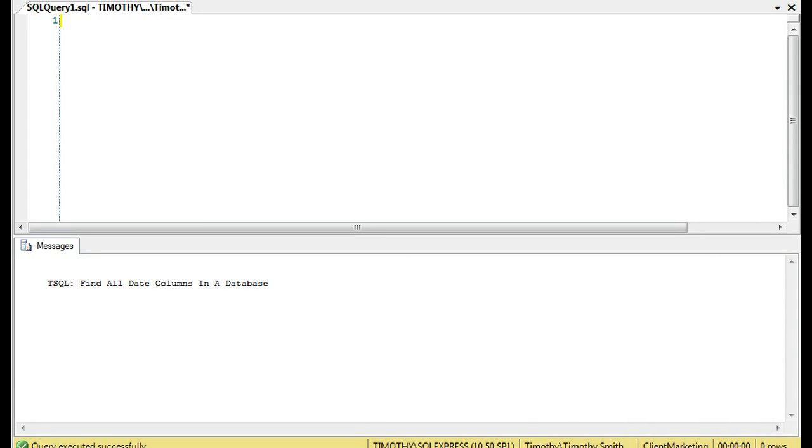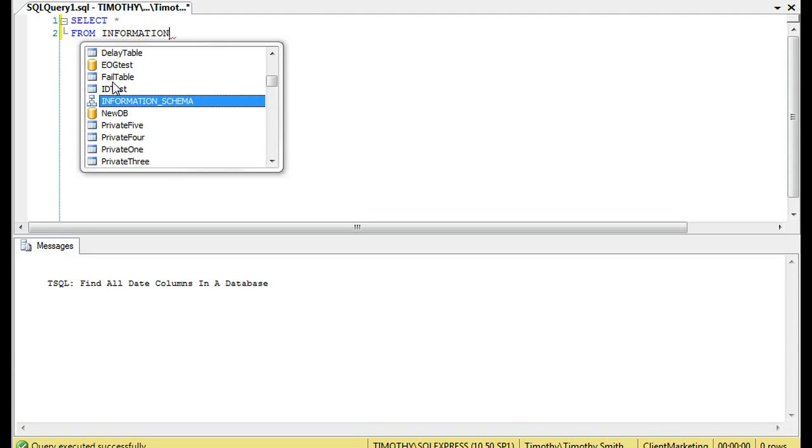This morning we're going to look at finding all the date columns in a database from the tables. And so for those of you who are looking for the answer really fast,